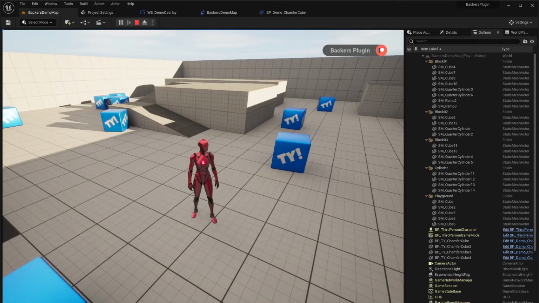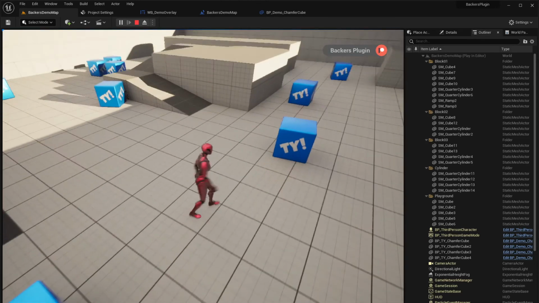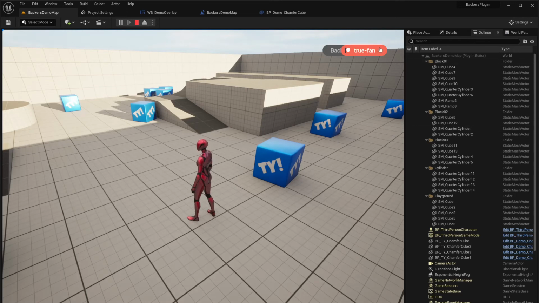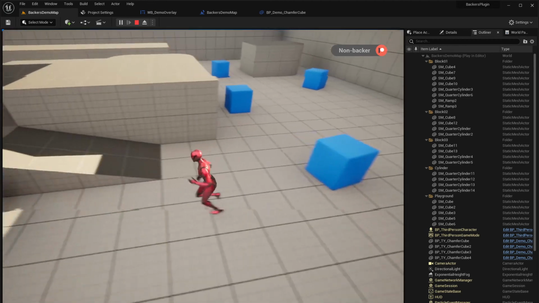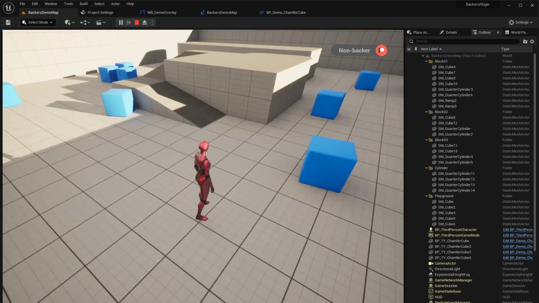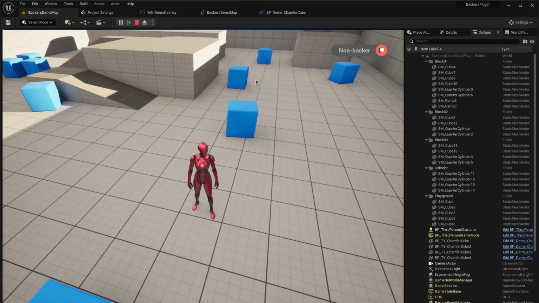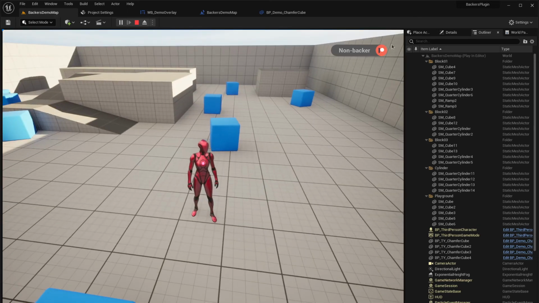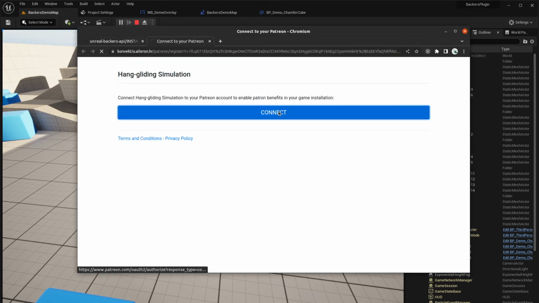Now I have these decals also displayed. You can see you can use this for anything. And if I unregister, if I disconnect, you see that you get the event immediately and it changes the status. It hides those decals and changes the material to default. And now, of course, if I try to update, I don't have the code because I disconnected. And if I connect again, so connect,